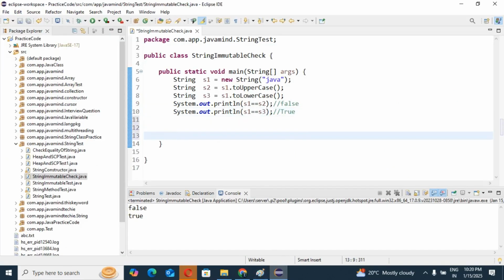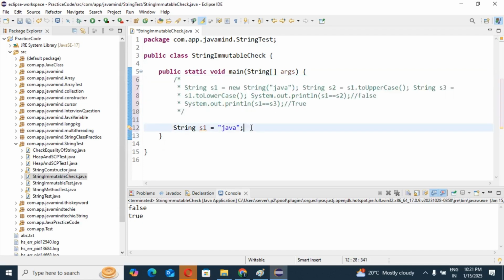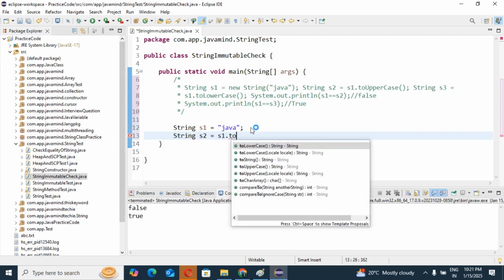So let's see: String s1 equals Java, right? Yes, Java. Don't worry, I will comment this line. Then String s2 equals s1 dot toString.